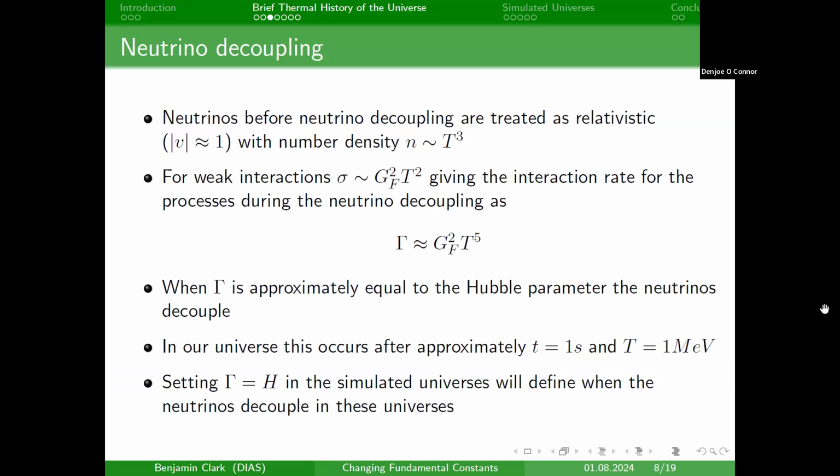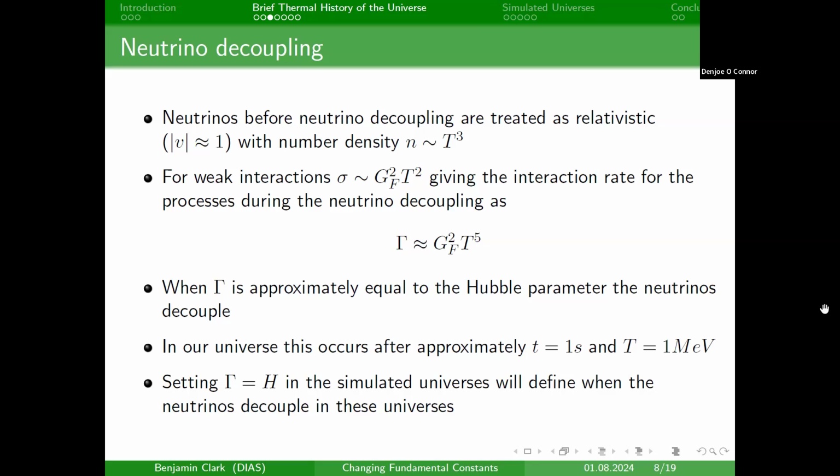Number density will scale approximately like T cubed, and for weak interactions, the cross-section is approximately Fermi's constant squared times T squared. So that means the interaction rate is approximately Fermi's constant squared times T to the 5, so it scales as T to the 5. We're then interested in when the interaction rate is equal to the Hubble parameter. The Hubble parameter describes how quickly the universe is expanding. So when the interaction rate is approximately equal to the rate that the universe is expanding,